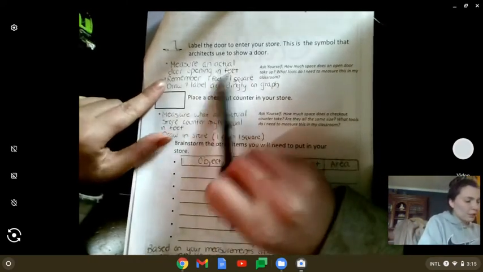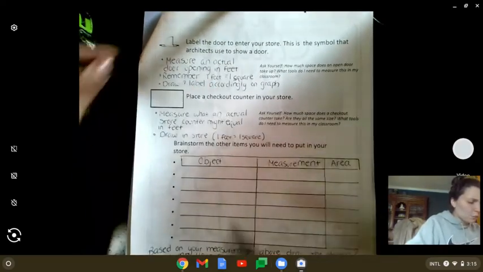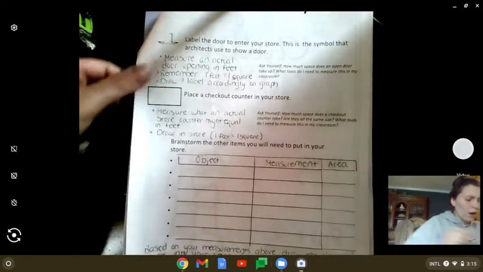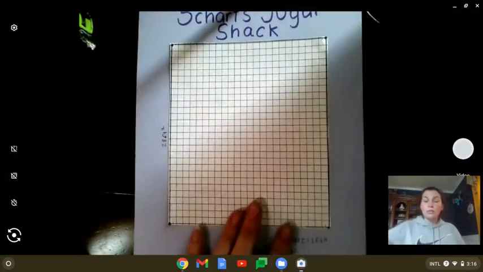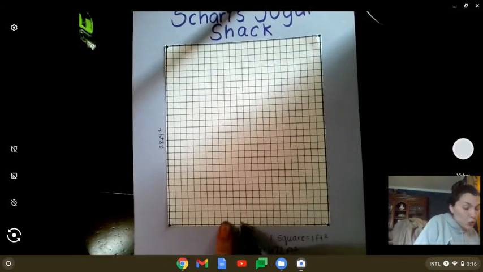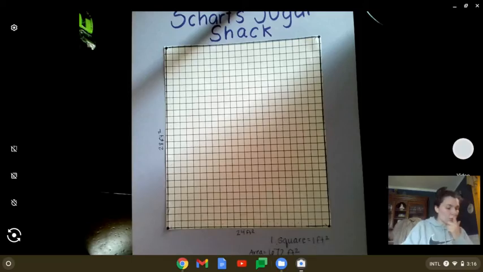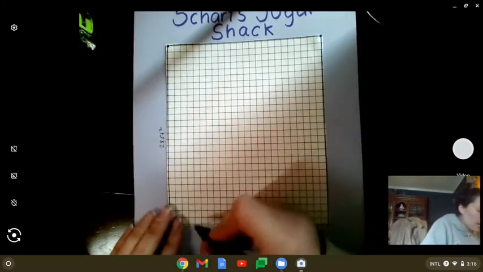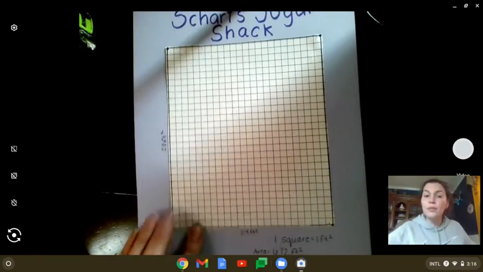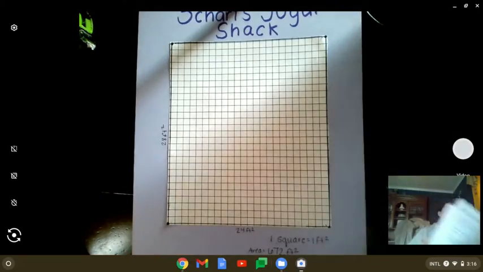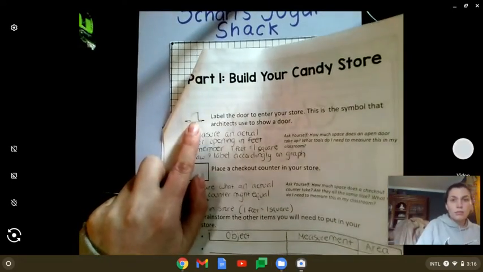So we measured the door and we know 1 foot equals 1 square. So we need to draw and label it accordingly. So 2.5 feet would be 2.5 of these blocks. So where am I going to put my door? I think I'm going to put my door right here on my store. So I'm going to draw this little thing right here, that little,